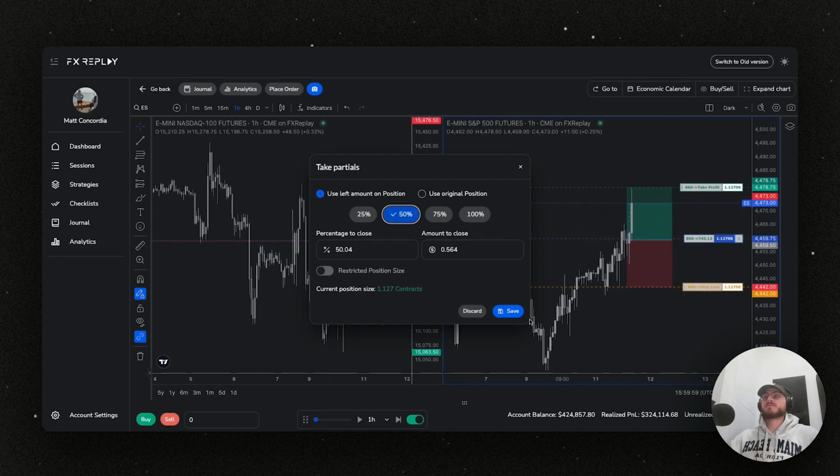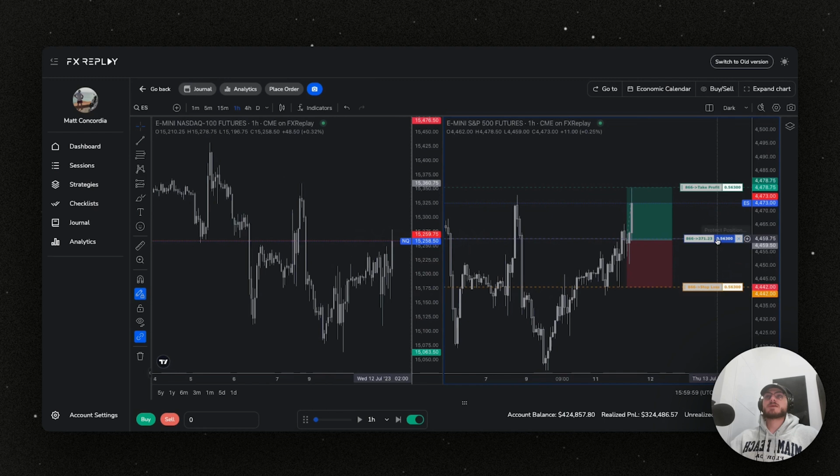So I could take off 50%, close it. You can see 50% is taken off. I can move my stop up to break even just like so. And now I can finish out the position by skipping forward and seeing if it's going to hit my take profit or break even. But before I do that, what I want to do is I want to go into